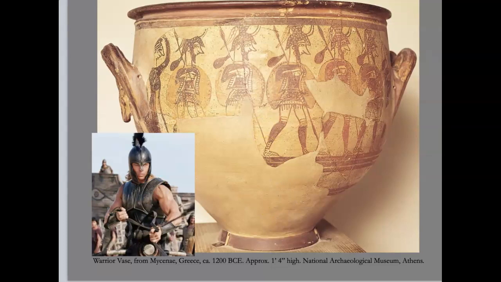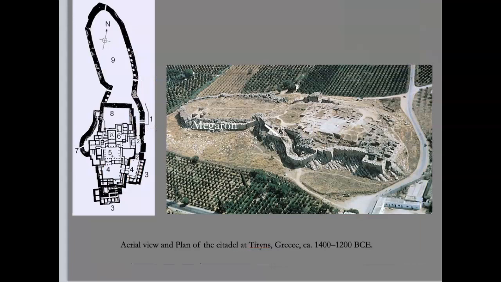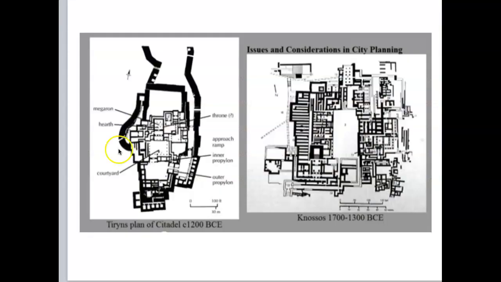So I want to talk about the differences between what we learned about in Knossos and certainly at Tiryns, a citadel. And the main thing I want you guys to see is that here in Tiryns, there's this massive, see this thick black line? This is the big fortress wall that would have surrounded the entire complex. And we don't have it here. I mean, you could literally come along here and just walk right into the temple or into the palace.